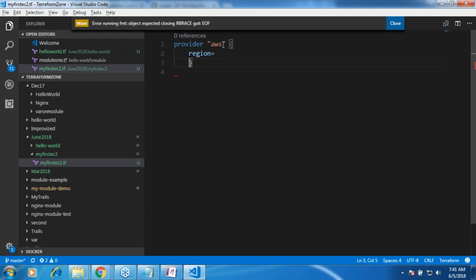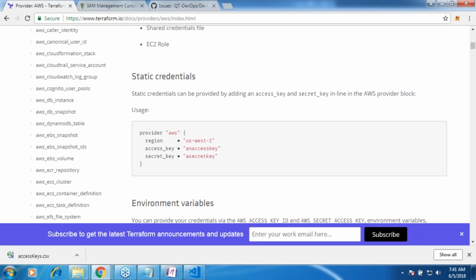So my region is US. No comma after that. Just see the syntax. There is no need for you to give any comma, right? And then